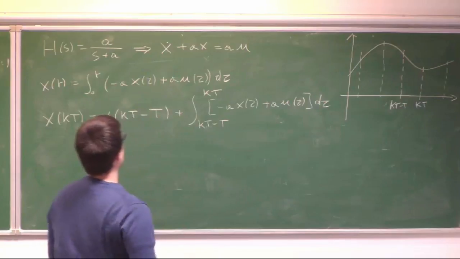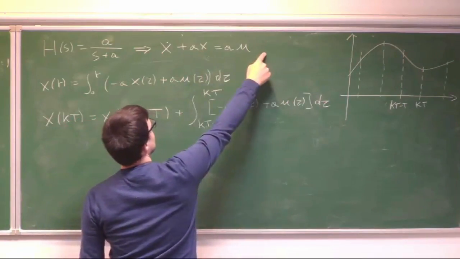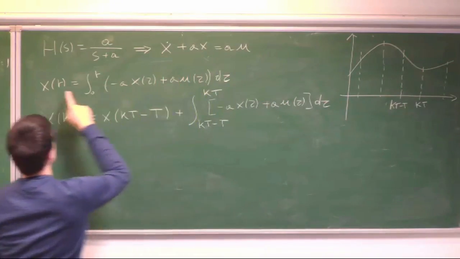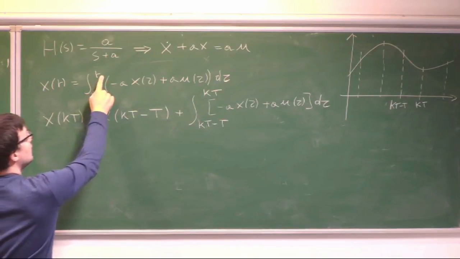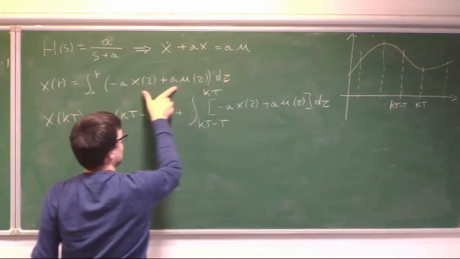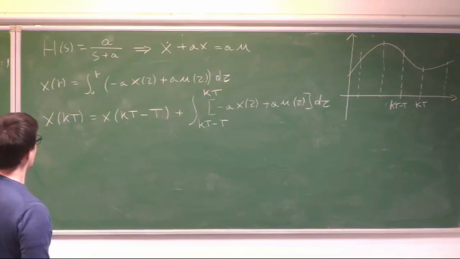So to do so, we bring this on the other side, and we compute the integral. So we have that x of t is equal to the integral between 0 and t of everything that is on the right-hand side, okay? Now, we want to discretize